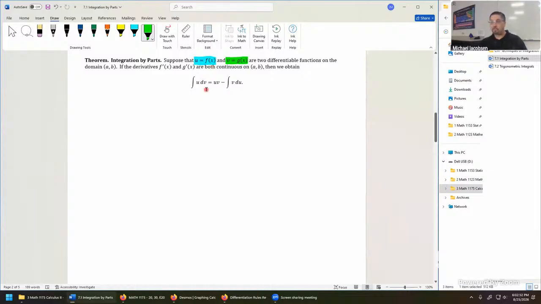Well, let's work through the other parts. They're differentiable on a common domain, the open interval from a to b. If their derivatives are also further continuous on that same open interval from a to b, then that's integration by parts, the entire theorem. It's kind of mysterious when you take a look into it. So what we'll be doing with this one is give a full derivation